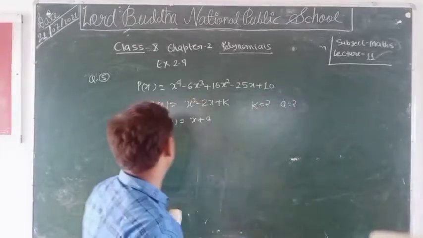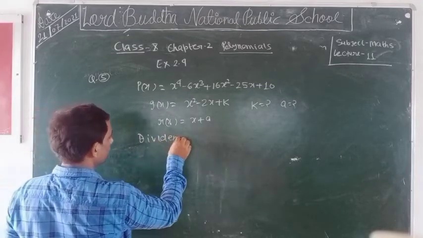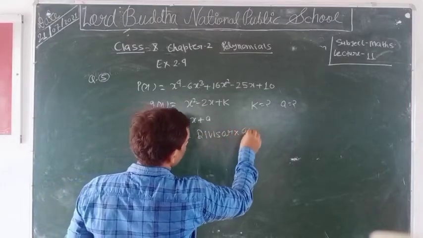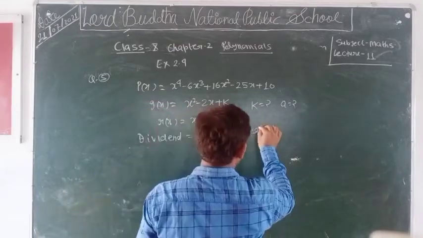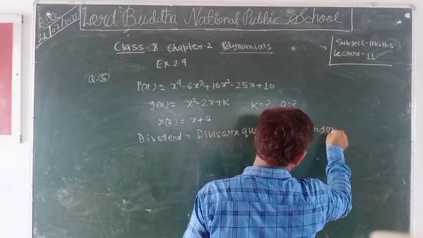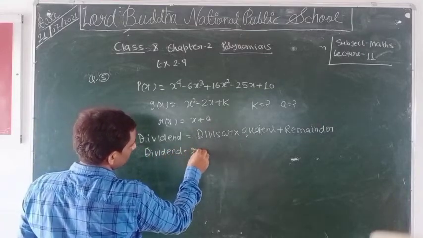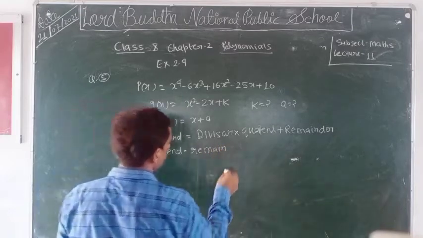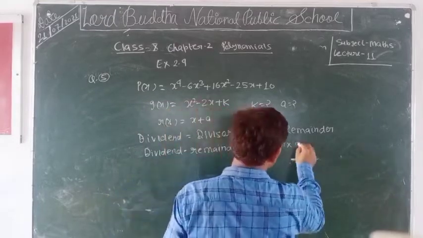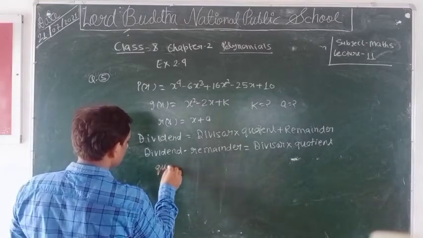As we know that dividend equal to divisor into quotient plus remainder. So dividend minus remainder equal to divisor into quotient. Quotient equal to